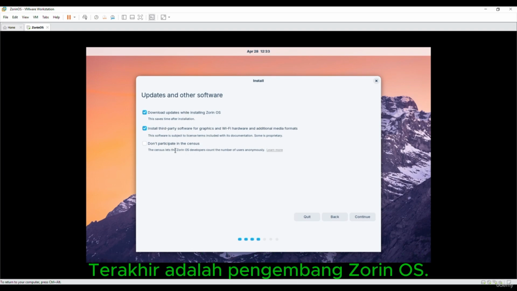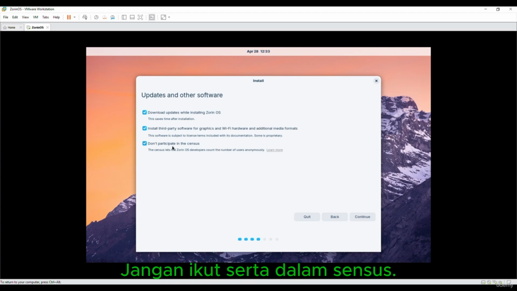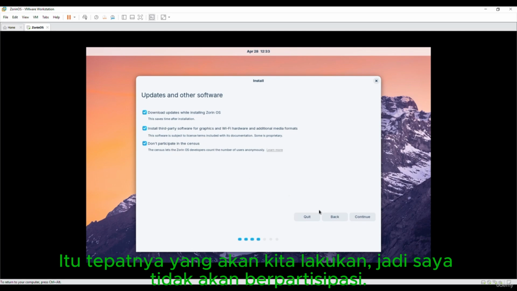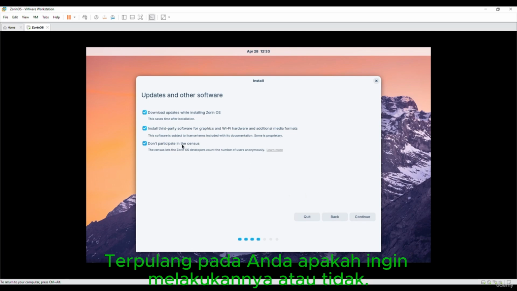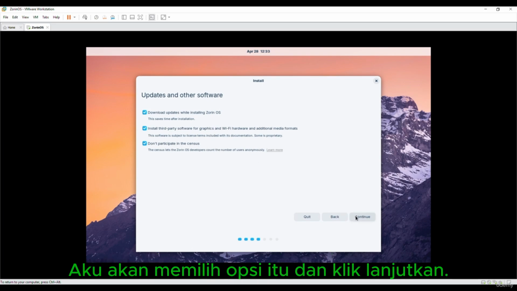The last one is that Zorin OS developers have a census for machines, so you can opt out of it by saying don't participate in the census. That's exactly what we're going to do. So I'm going to not participate. It's really up to you if you want to do it. Like it says, it is anonymous, but for the sake of this course, I'm just going to tick that option